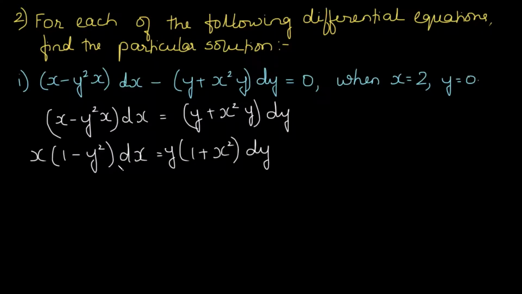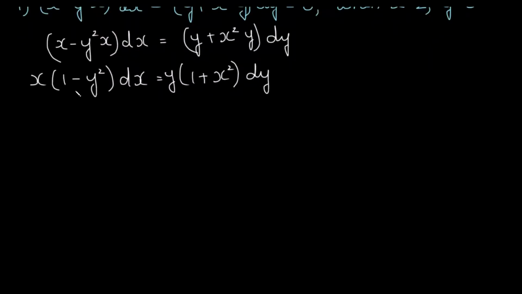Now we observe that we can take the y containing terms on one side and the x containing terms on the other side. That means we can separate out the variables over here. So in this case, it becomes y dy upon (1 − y²). So what has been done? 1 − y² has been taken to the other side. And this term, that is 1 + x², comes on the other side again. So we get is equal to x dx upon (1 + x²). So thus we have separated the variables over here.